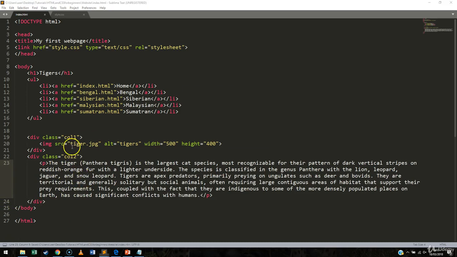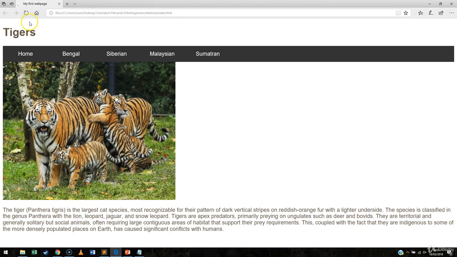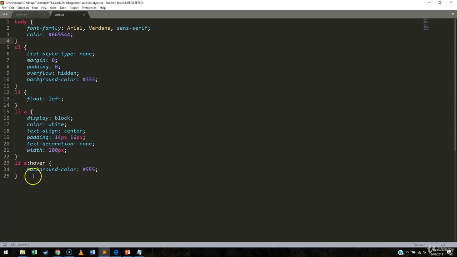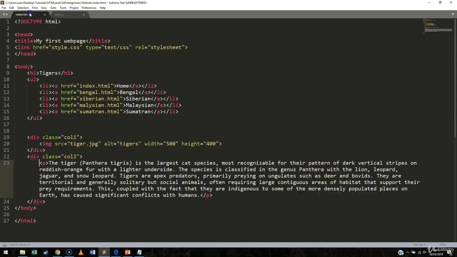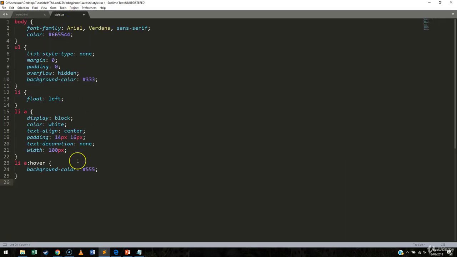So I've put two div tags in there called column 1 and column 2, and right now this will do absolutely nothing. However, we can go into the CSS and we can start referencing this. So I've called it .col1, and then I can say I want it floated on the left,